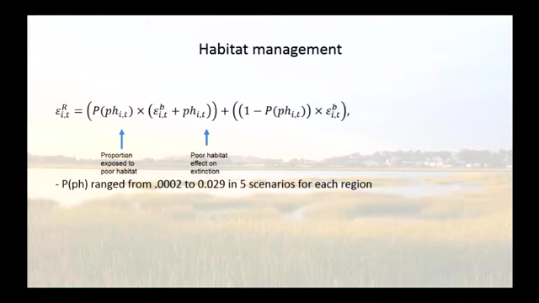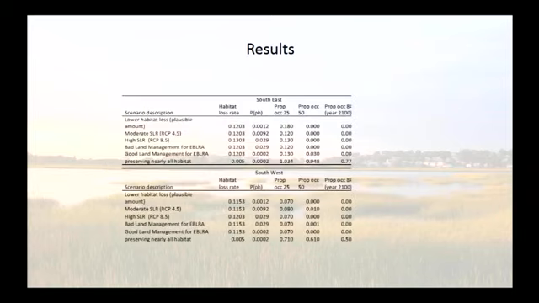So our overall extinction risk, and this looks just like that survival function from the drought and the tortoises. It's a weighted average of the habitat that's not managed very well and the habitat that is managed very well. And then those scenarios of good and bad habitat management were drawn from the National Wetlands Inventory as a sort of baseline as to what those might be. So we designed 5 scenarios of future habitat loss and habitat management for the service to consider.